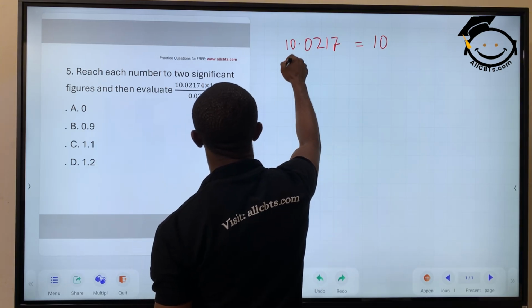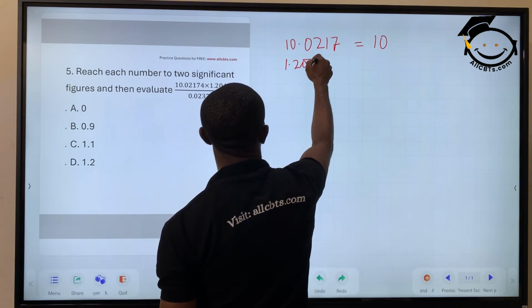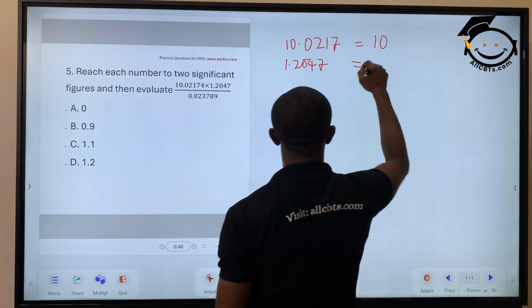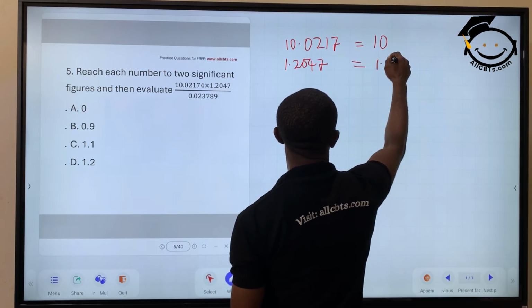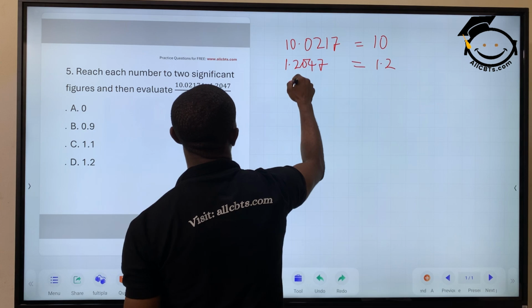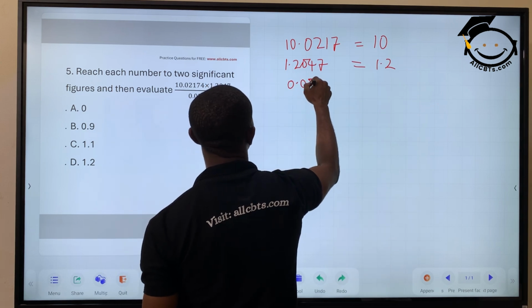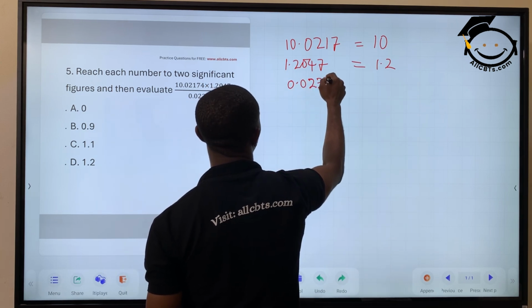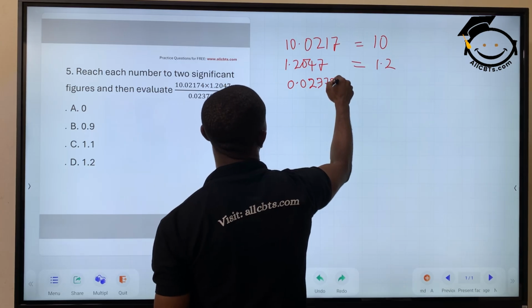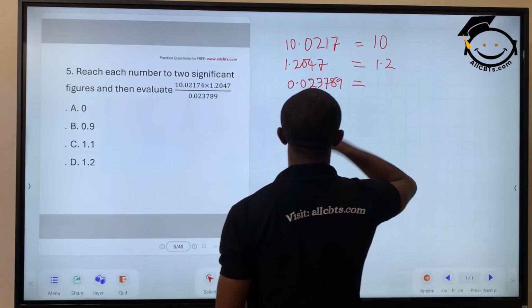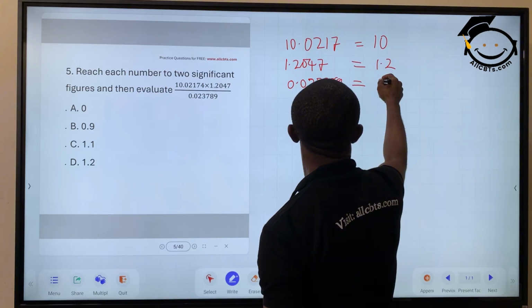And for 1.2047, to 2 SF will be 1.2. And for 0.02379, to two significant figures will be